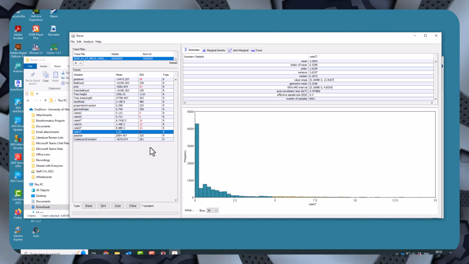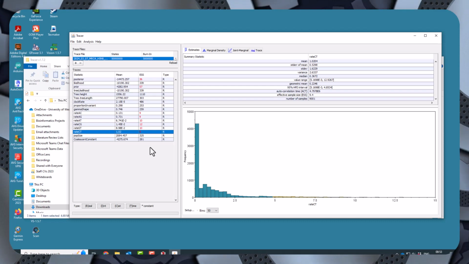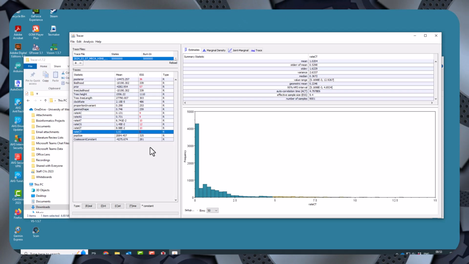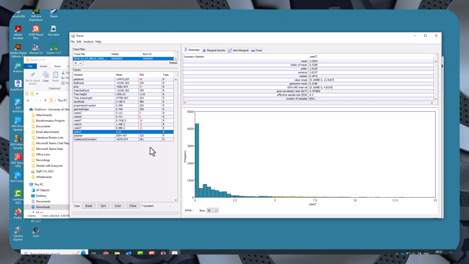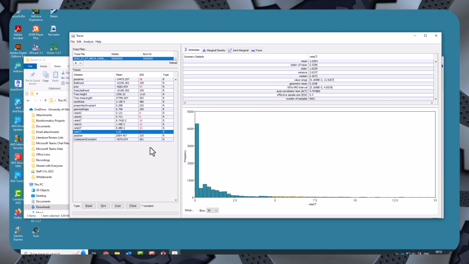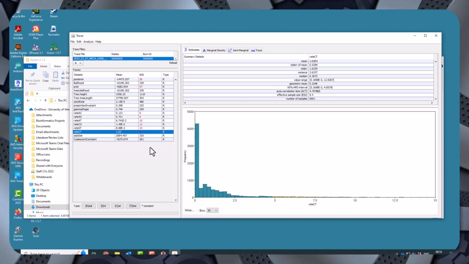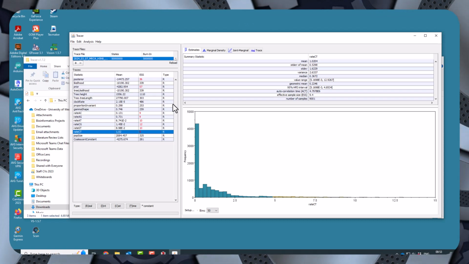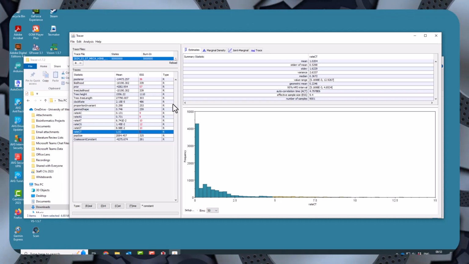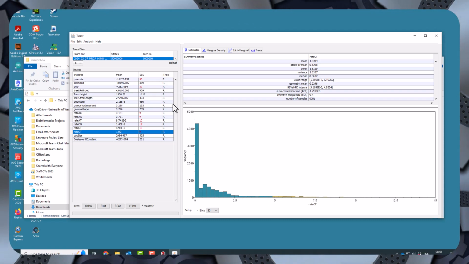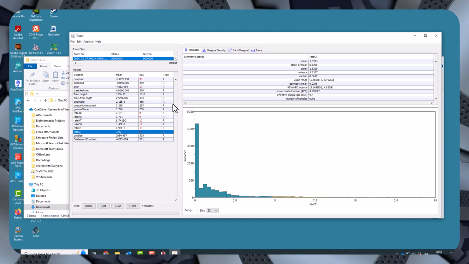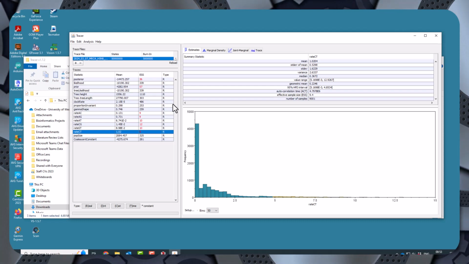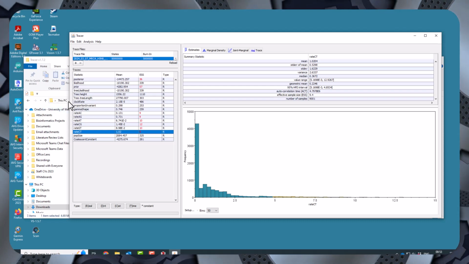Now for this run I decided to specify the frequency of each of the nucleotides by taking it from the real data. So instead of allowing the calculation to work it out for itself, I specified those. So it looks like that was a mistake,